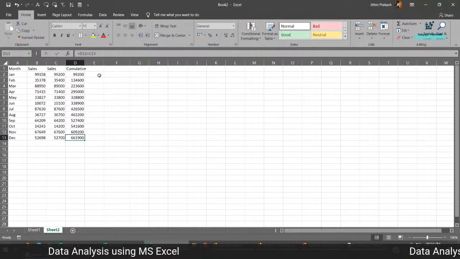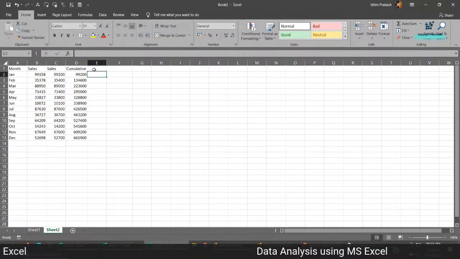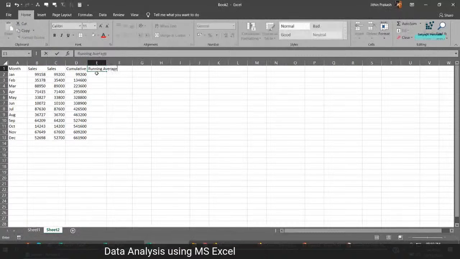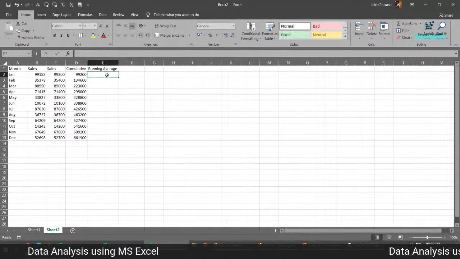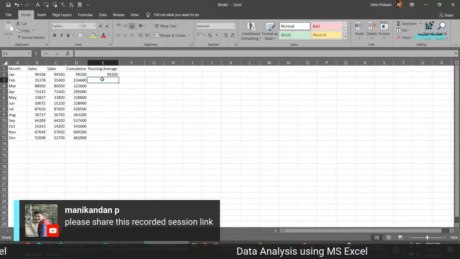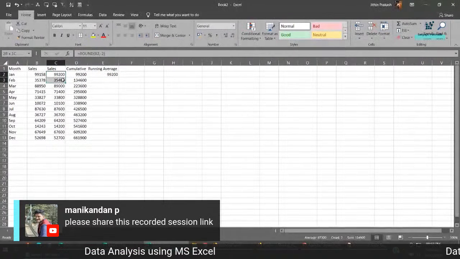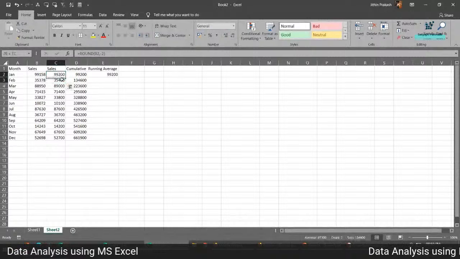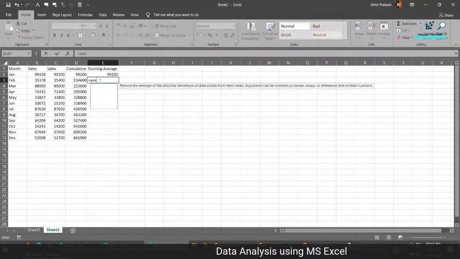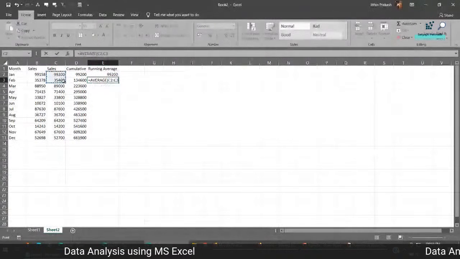Now, let's say we need average sales, a running average. So running average in this case will be the same. And in this case will be the sum of these two divided by 2. And this will be the sum of these 3 divided by 3. So how do we do that? It will be basically the average of these two. Now when we drag it down,